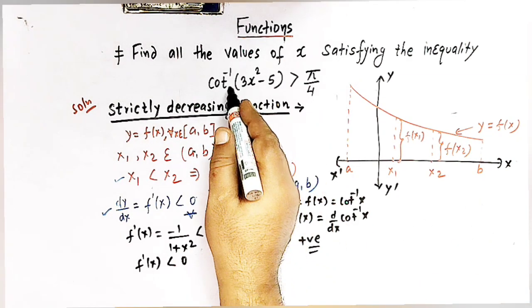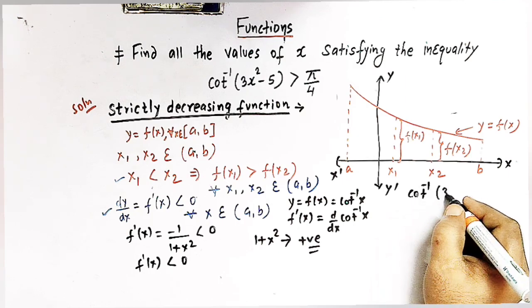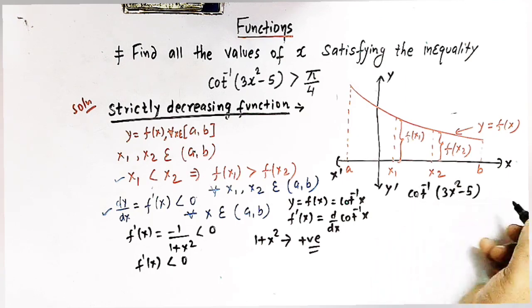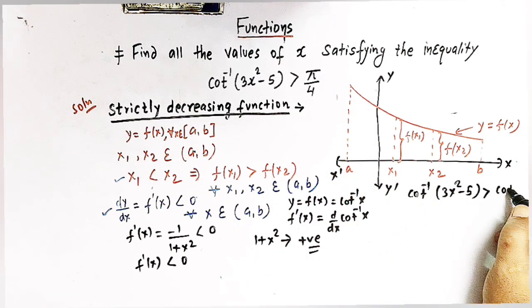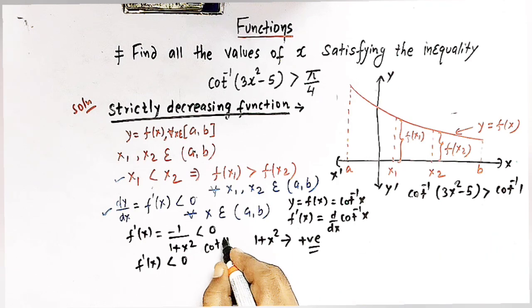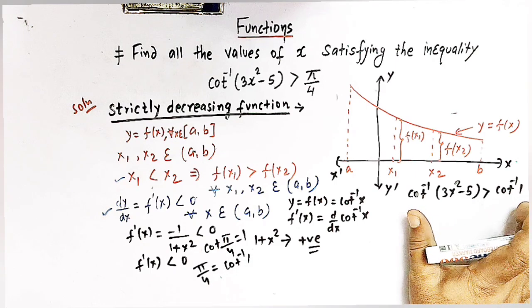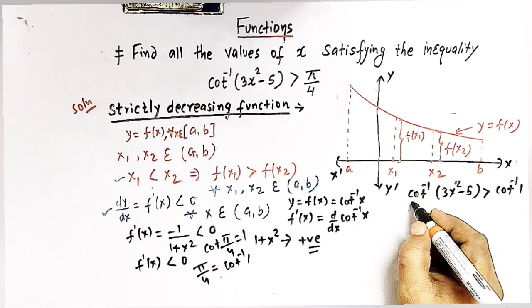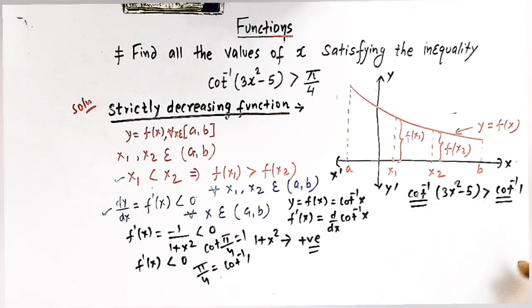Now let us come to this inequality. So here we have cot inverse of 3x square minus 5 greater than pi by 4. Now pi by 4 can be replaced by cot inverse 1 because we know that cot pi by 4 is equal to 1. So we can write pi by 4 is equal to cot inverse 1. Right. Now let us closely look at this inequality, and on both sides we have a cot inverse function,